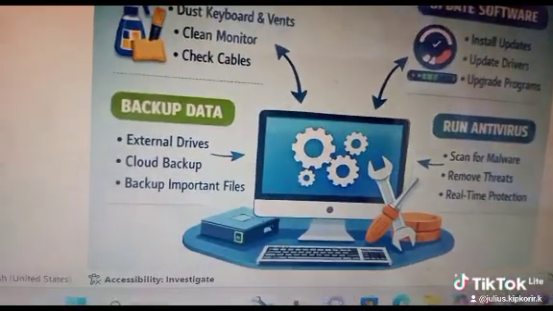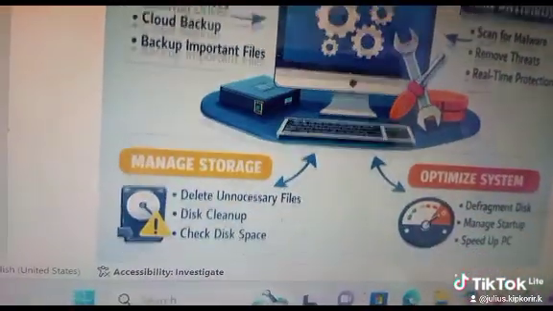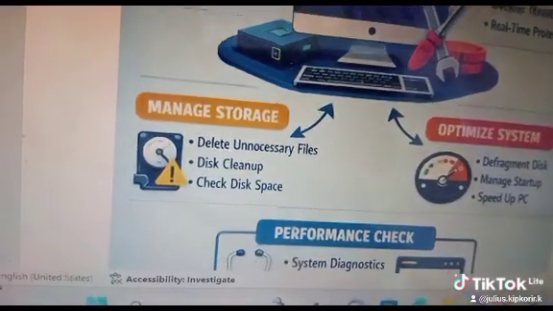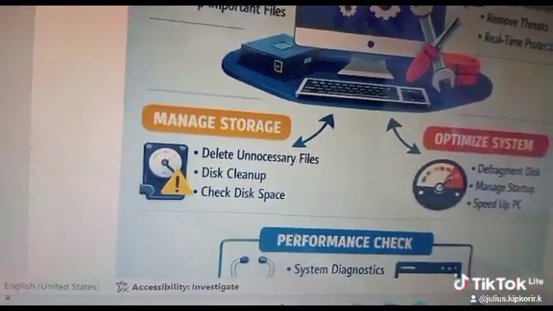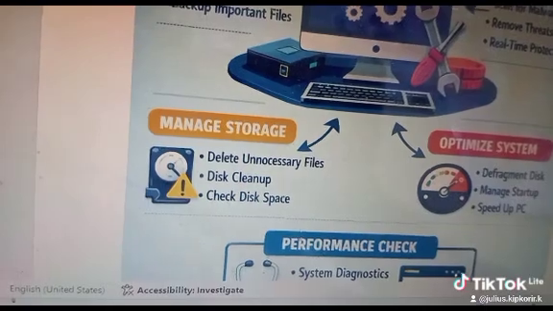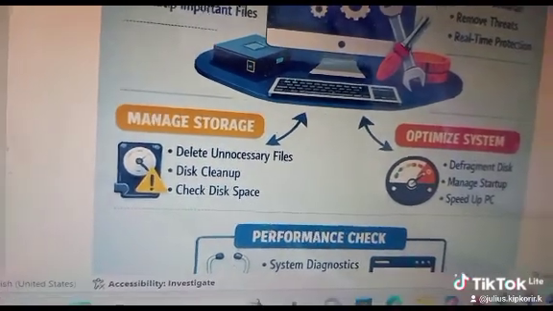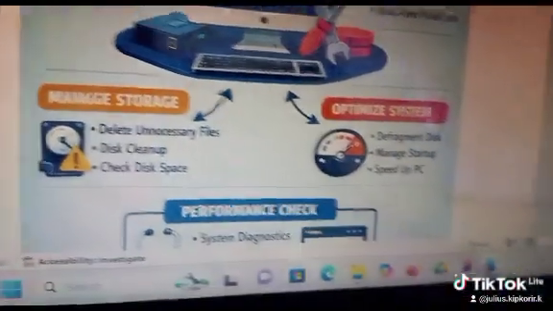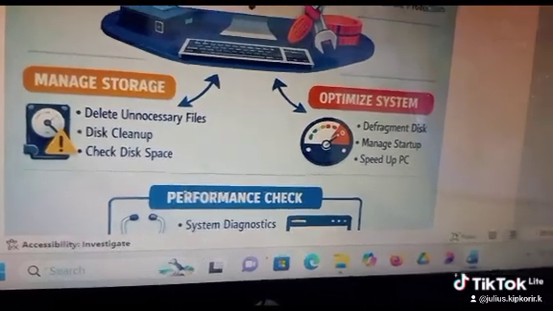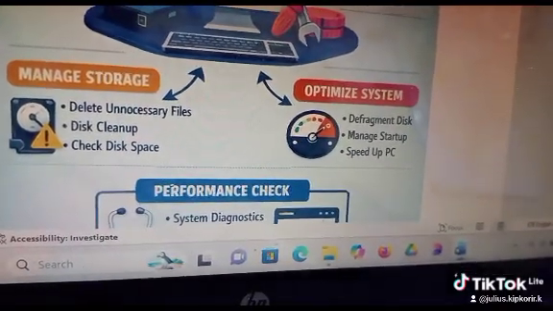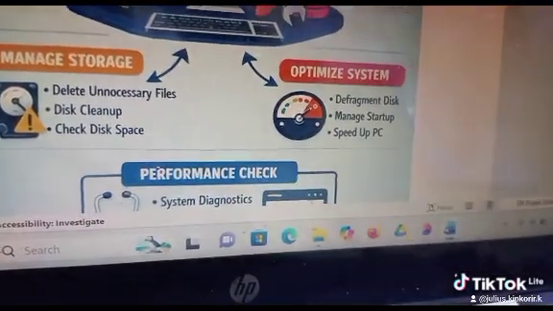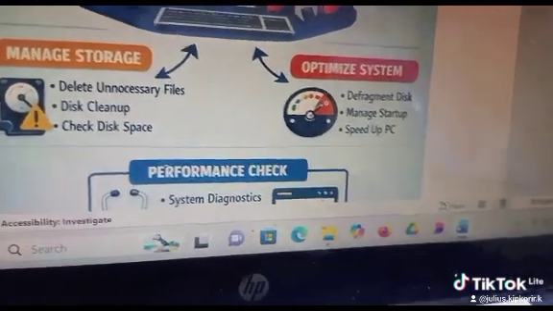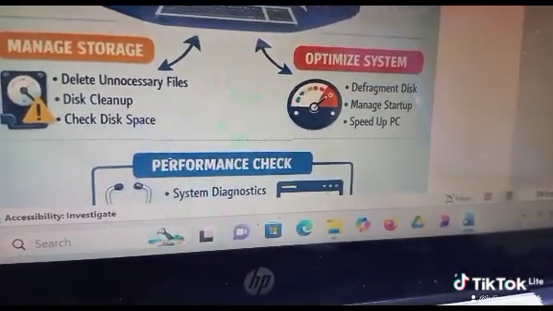You also have managing storage, deleting unnecessary files, disk cleanup, and then checking disk. So if the disk is full, the system may not be able to work well. Then we have optimizing the system, like defragmentation of the disk, that is organizing the disk, and then managing startup, and then speeding up